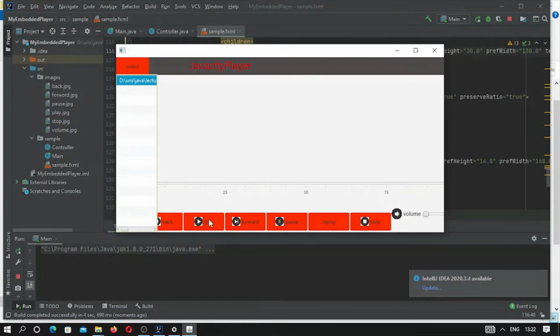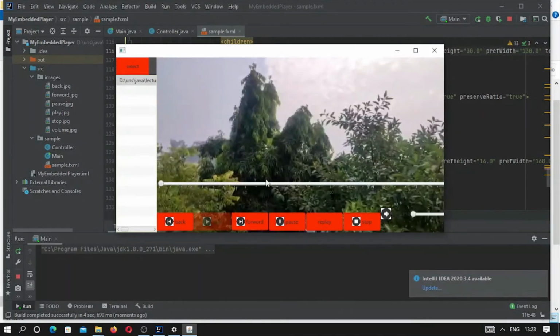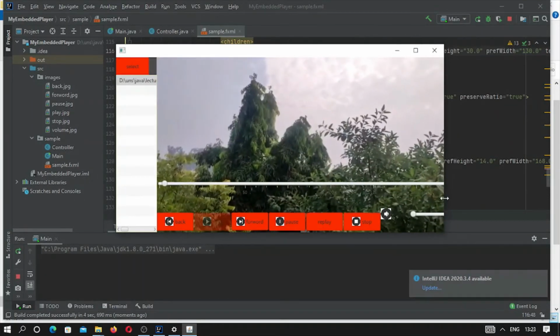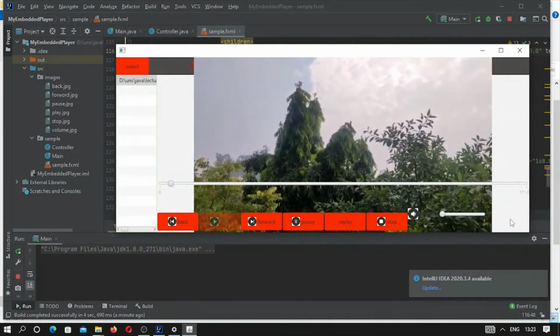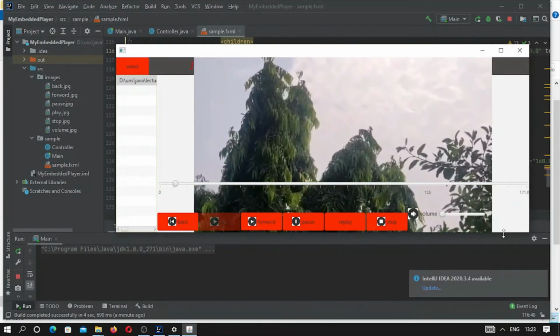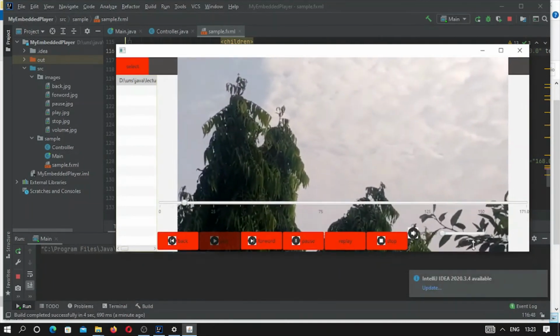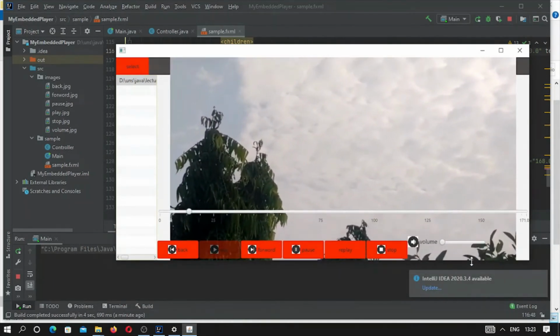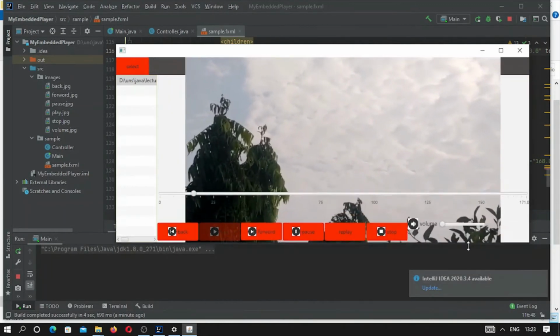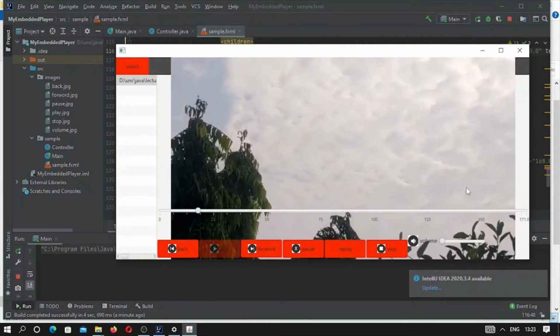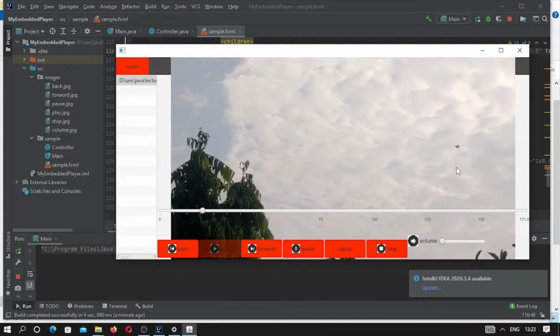Okay, so this is now working, and on expanding, our media view screen is getting expanded. That's what we have done, and it is working. Our task has been completed.